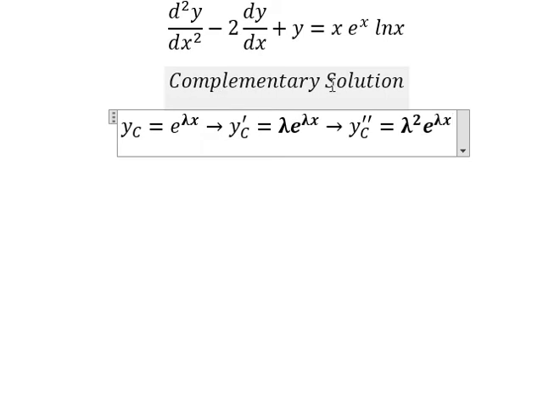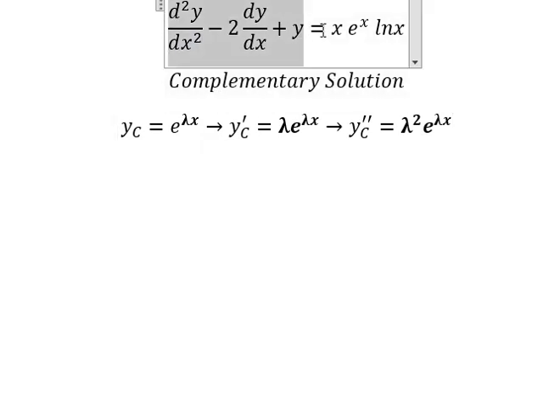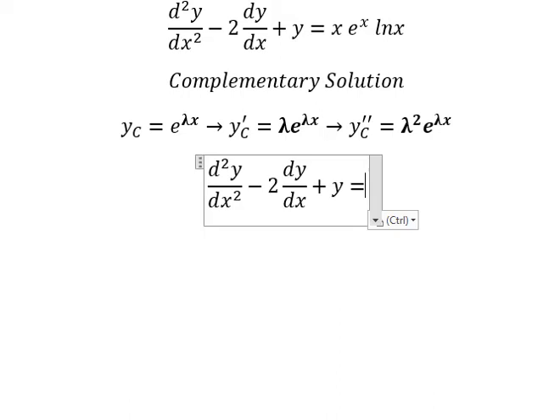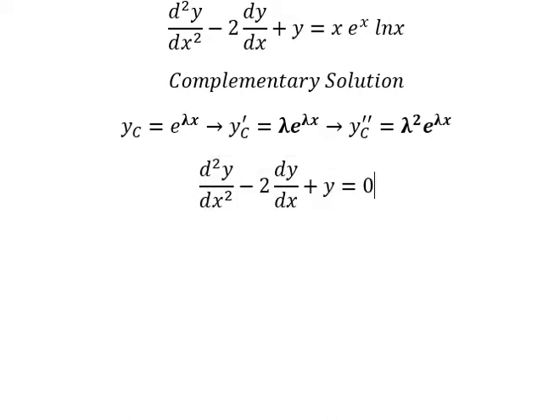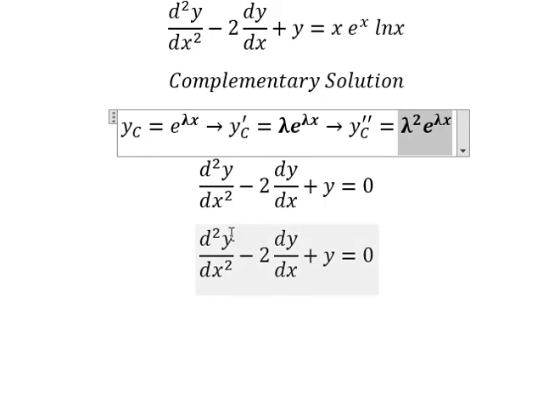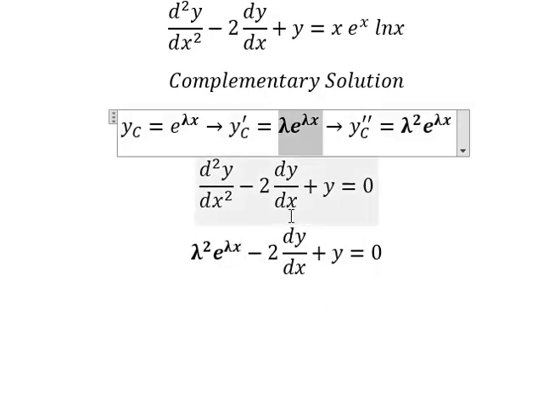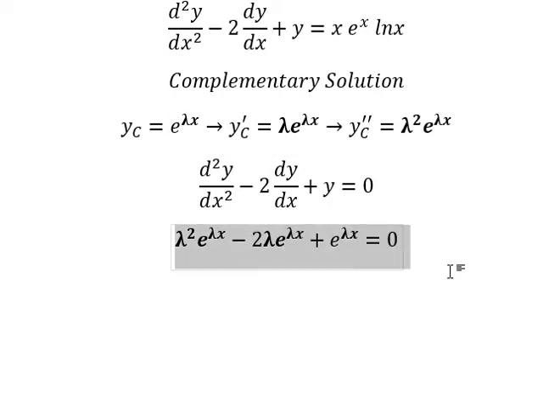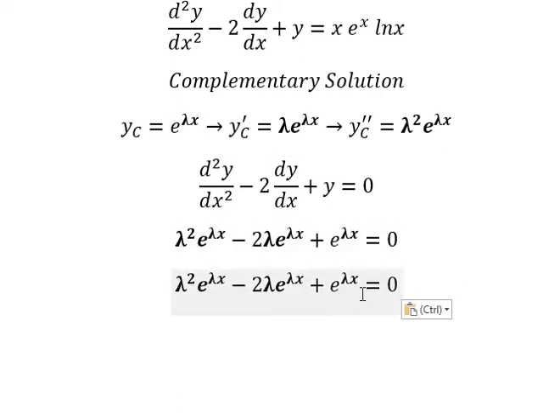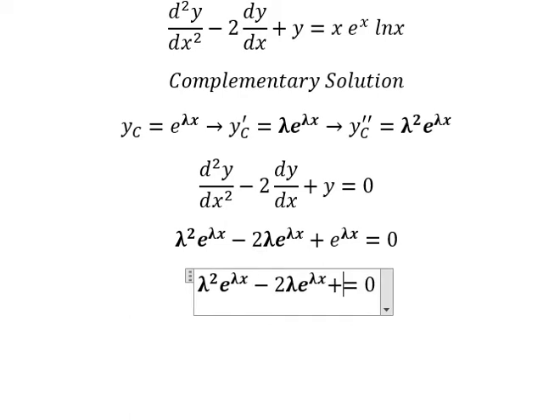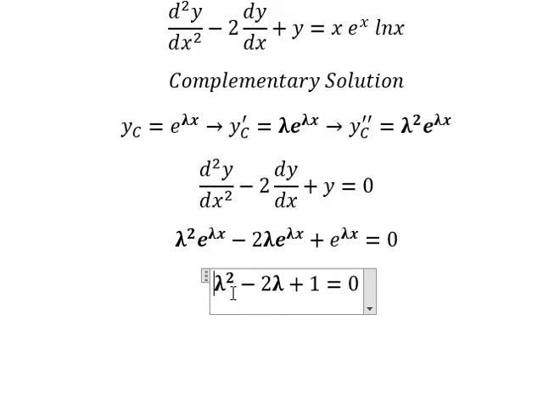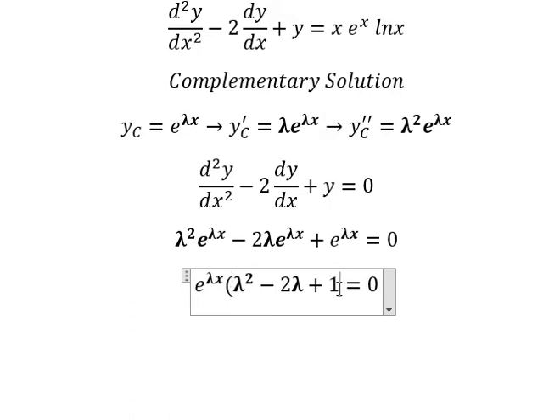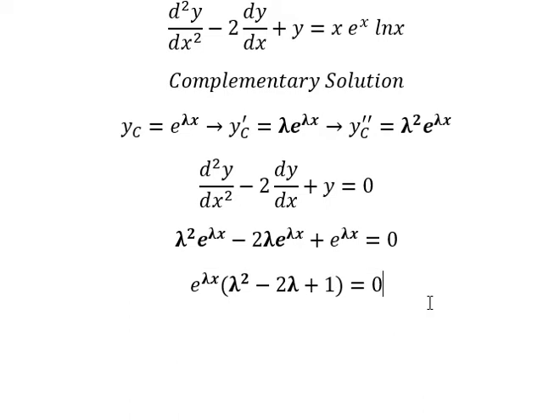Because this is about the complementary solution, this one equals 0. So I will put this one gone here, this one gone here, and this one gone here. Next, e to the power of lambda s, we can do factorization. Now we need to find the solutions of this one,